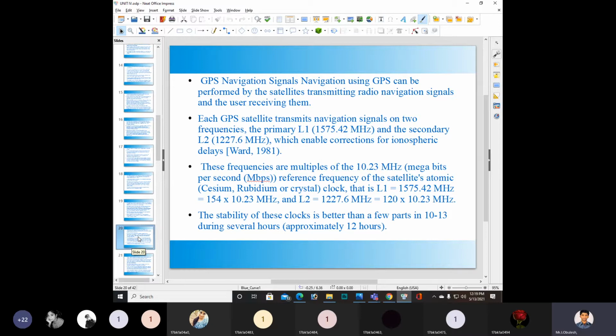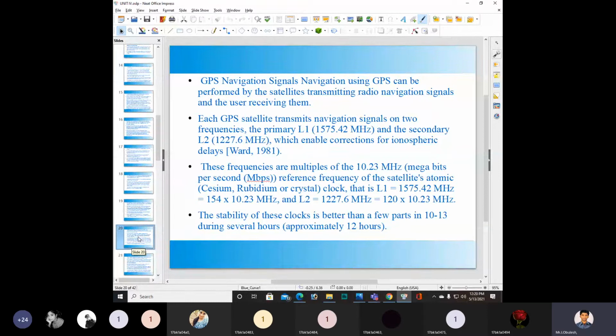The L1 frequency is around 1575.42 megahertz, and the secondary carrier signal, the secondary frequency L2, is around 1227.6 megahertz, which enables the corrections for ionospheric delays.